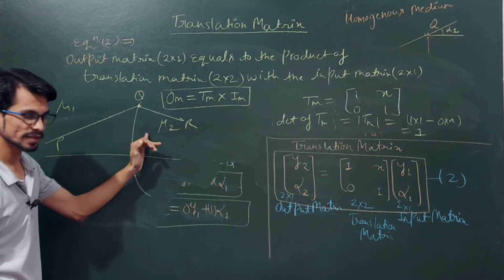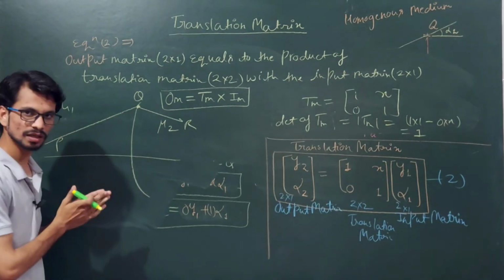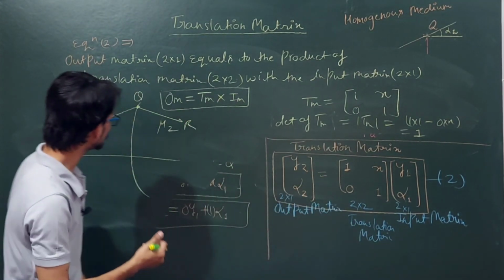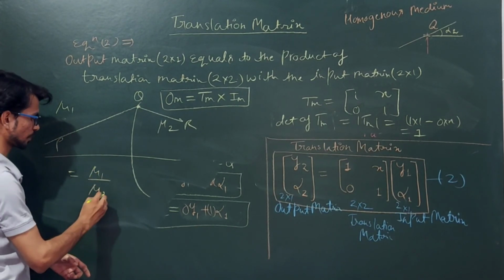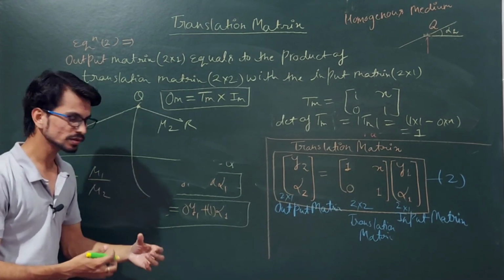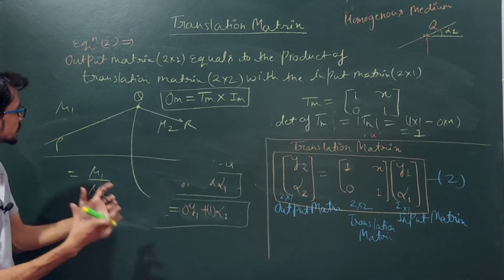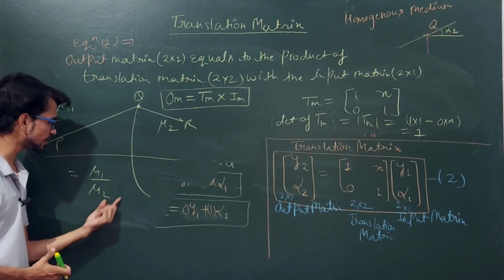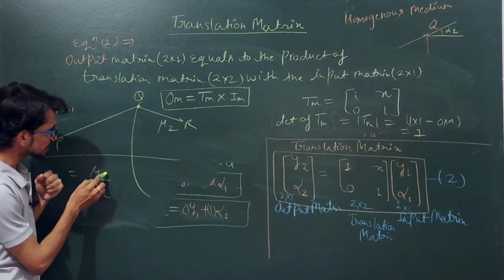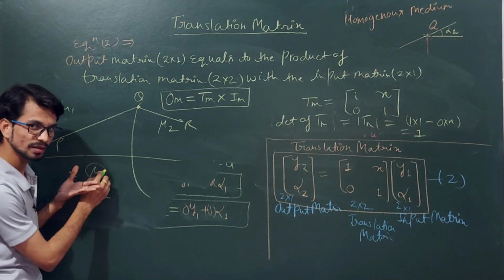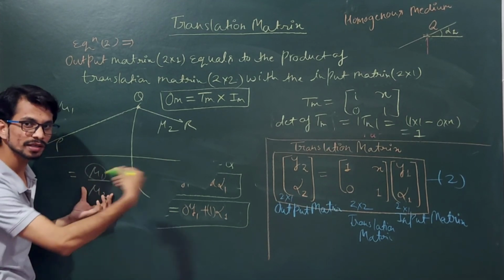Now in such cases, when we find the matrix for this consideration, I will get its determinant as mu1 upon mu2. In the next video, I will find the matrix for this consideration also, and the matrix determinant will be like this, mu1 upon mu2. This ratio shows one particular physical quantity, which is the refractive index of the medium from which the ray is coming to the refractive index of the second medium in which the ray is going.